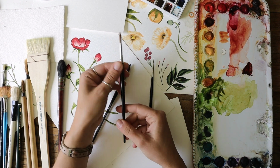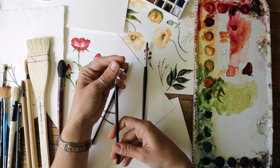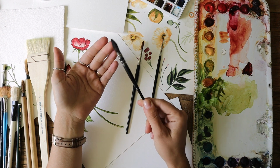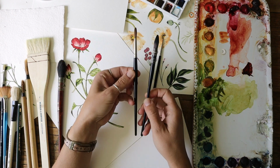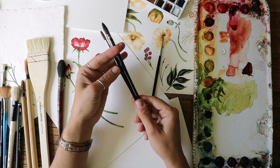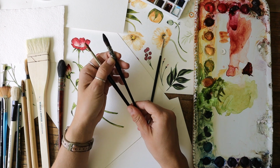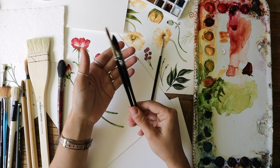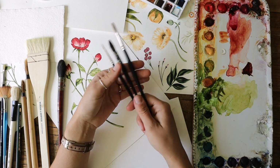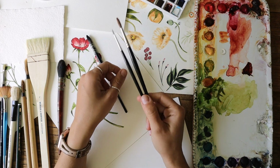So this is a size 6 round brush. This is a size 1 round brush. This is actually called a quill brush, but it works very similarly, it's a very similar kind of tip. There's a lot of different kinds of brushes. I would encourage you, if you want to experiment, see what kinds you like. But for getting started, round brushes, I think those are the way to go. So in this demonstration that I'm going to do shortly, I'll use a size 6 and a size 1 round